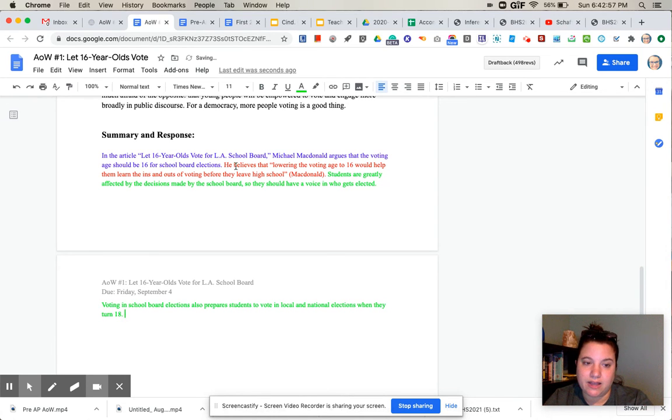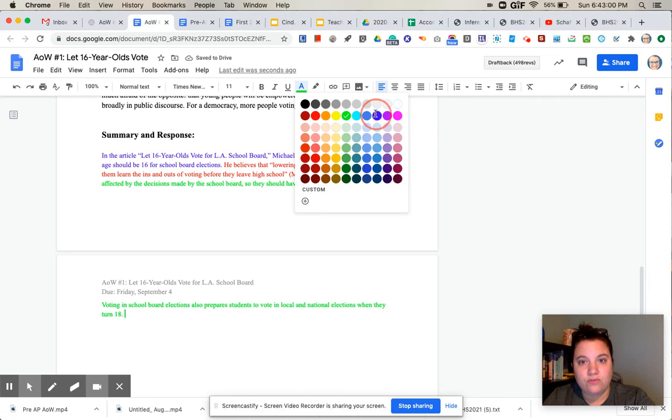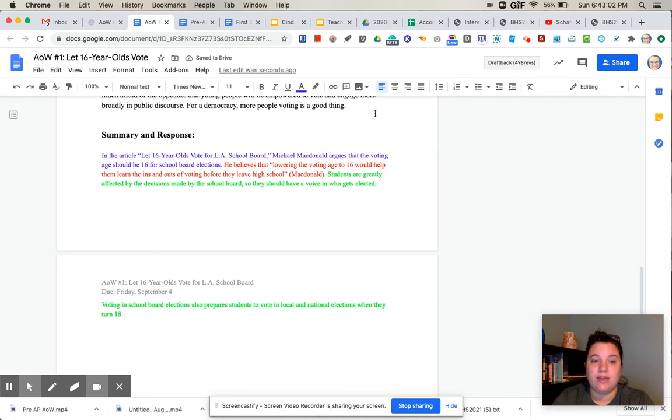Now I need to go ahead and switch back to blue for my concluding sentence. Now my concluding sentence needs to restate the main idea of the article. So if you remember, we said the main idea is that the voting age should be 16 for school board elections. Okay, I can't say it in exactly those words because I can't just repeat myself. So I'm going to have to put it into a different way of phrasing it, and I might even try to refer back to some of these things that I included here. Okay, so there's lots of different ways that you can do this. What I'm going to do is say